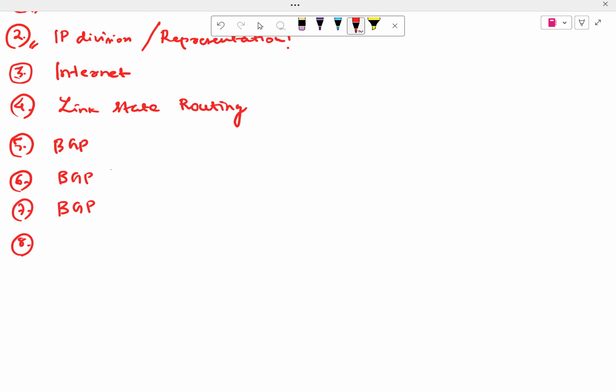Eighth question is OSPF. Nine is routing. Tenth is